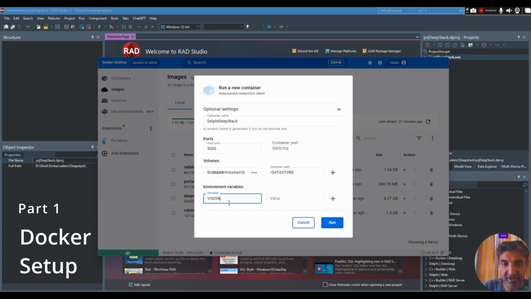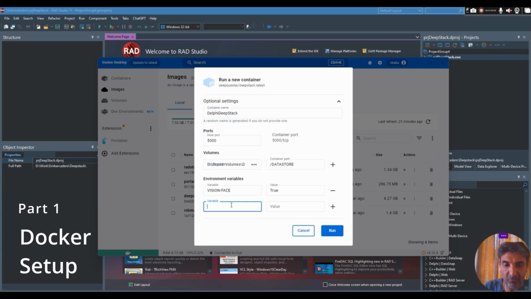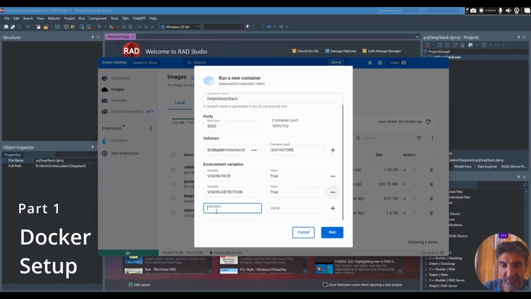And now I want vision face to be on. I want that service, and I want vision detection also to be on. And just for the heck of it, I'm going to add one more service called vision scene, which I also need. Now, once you have this, you can actually go ahead and run it,